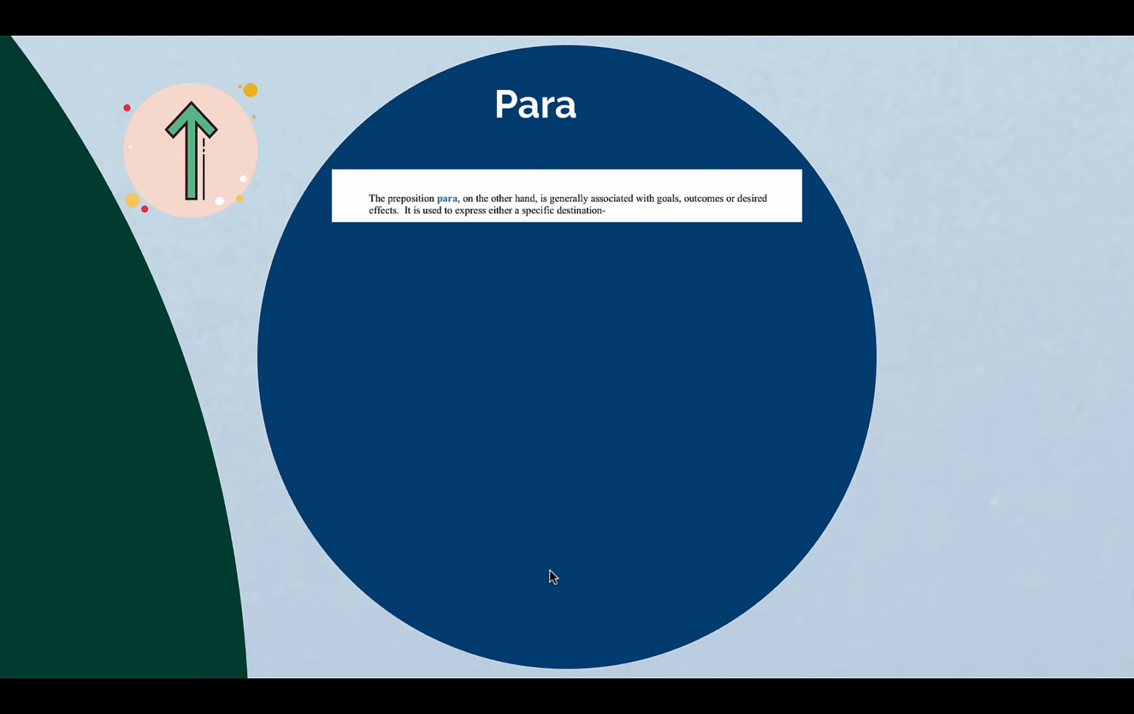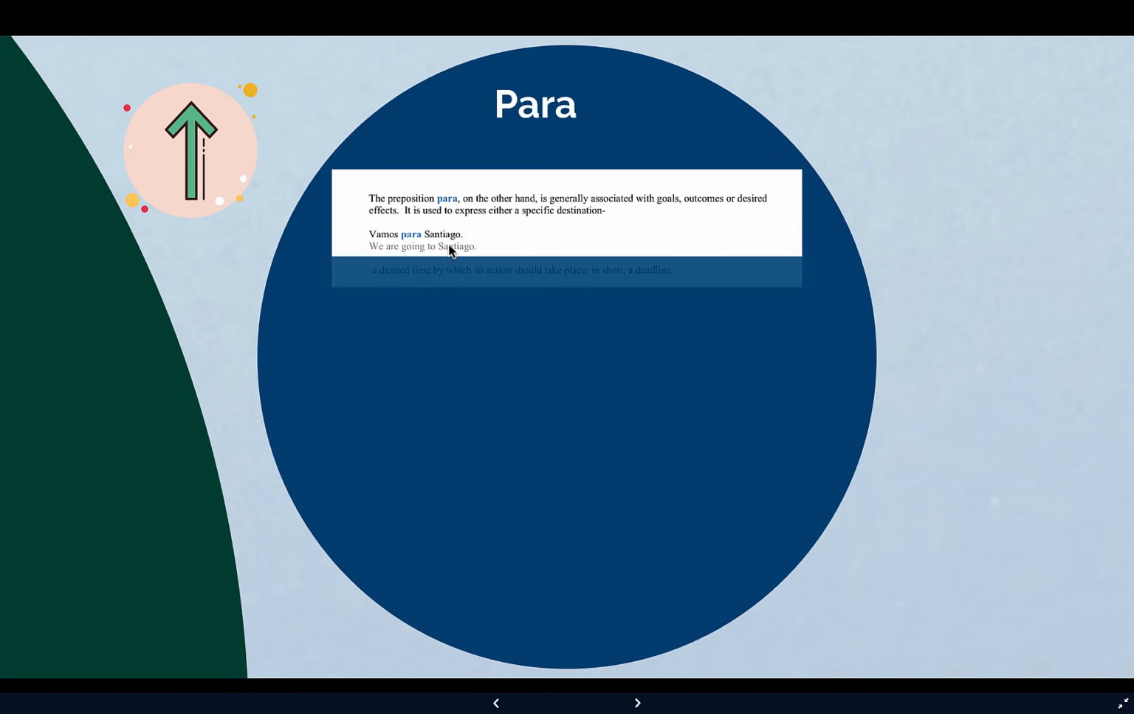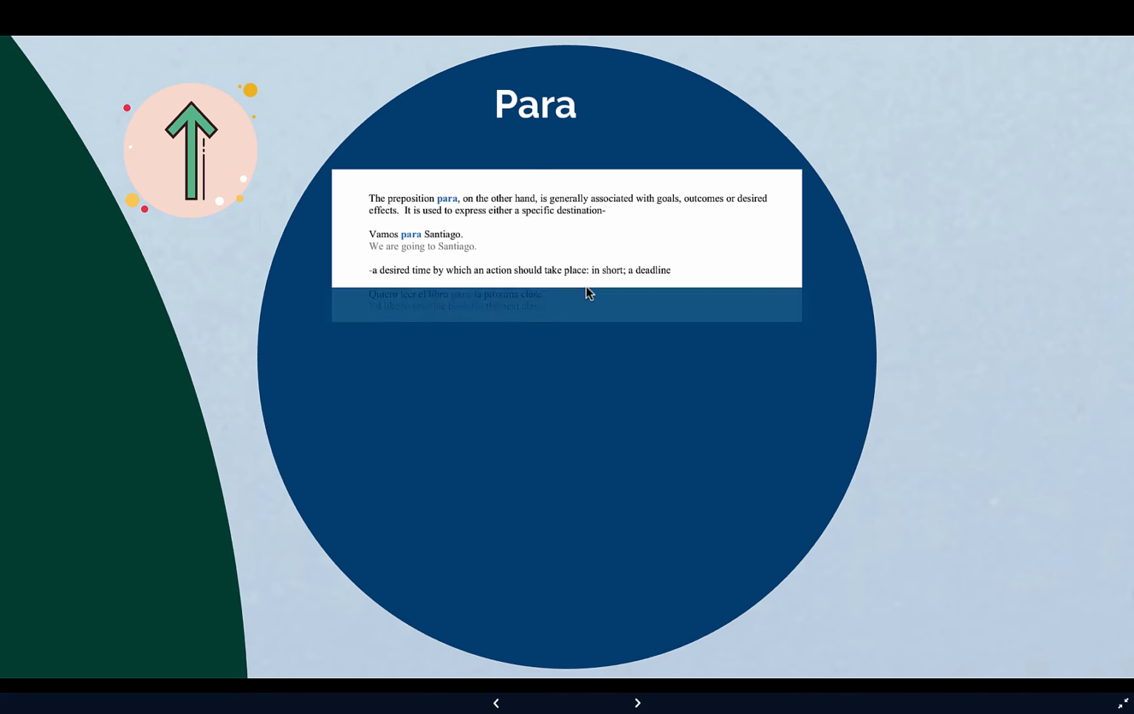Now this preposition is generally associated with goals, outcomes, or desired effects. It is used to express either a specific destination, and that's why I have the arrow here, such as vamos para Santiago, a desired time at which an action should take place, a deadline, leer el libro para la próxima clase,